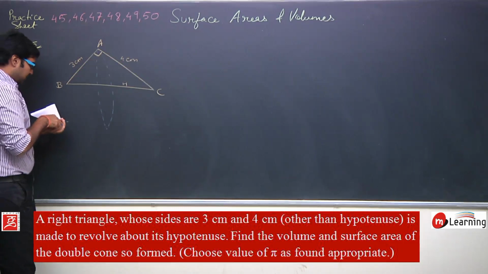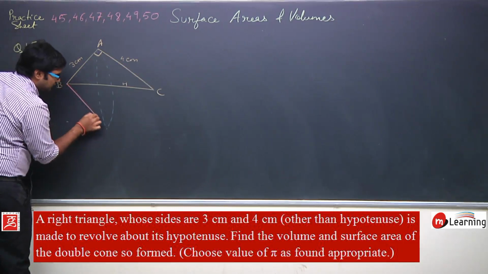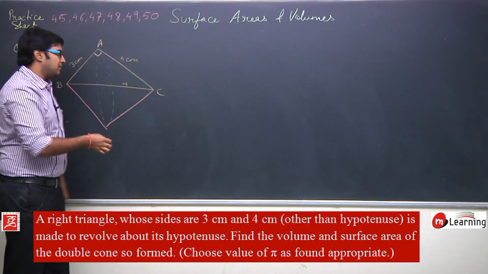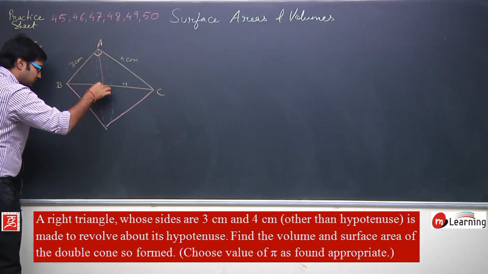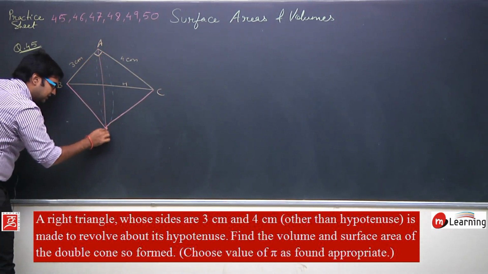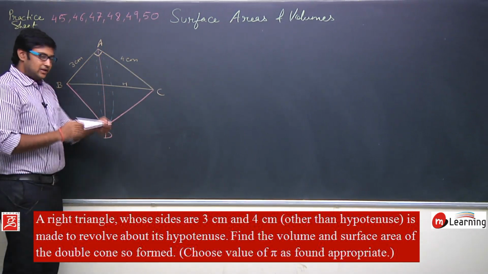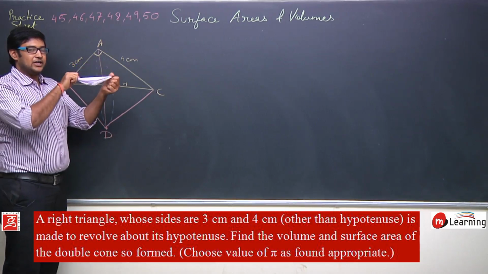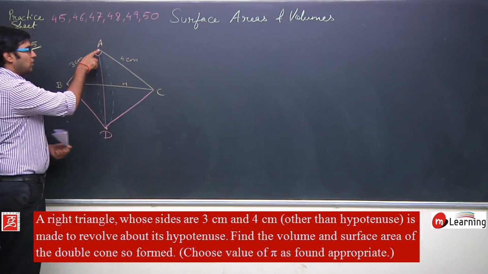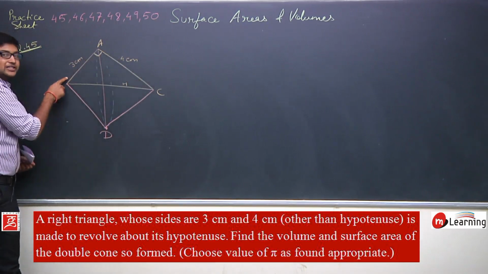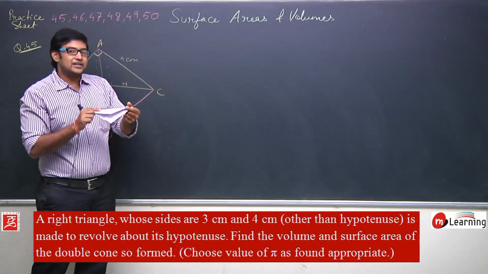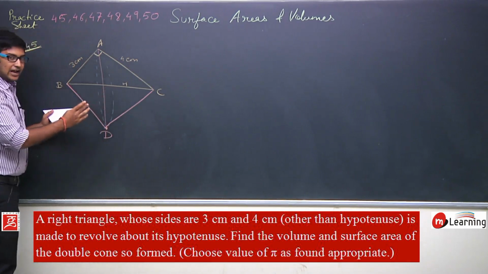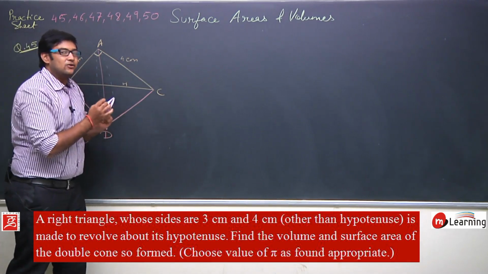If you rotate it fast, you will be able to see a figure like this, and let us say this point is D. It is kept like this, and I am rotating it like this. So this A point is continuously rotating in a circle. All the points on this edge and all the points on this edge will also rotate in a circle in this movement. And we are going to have such a figure.